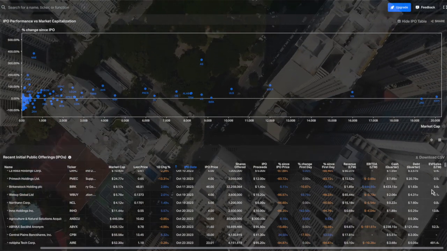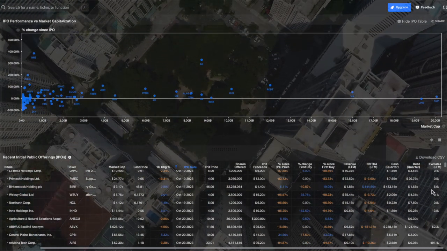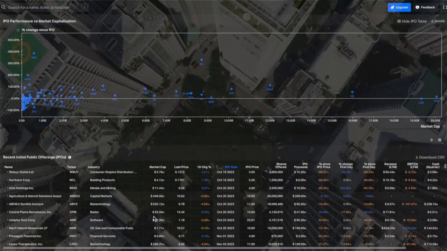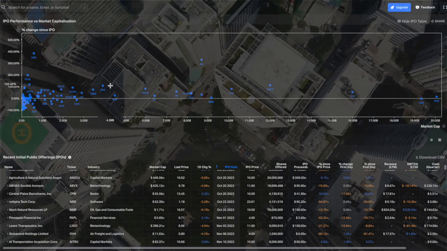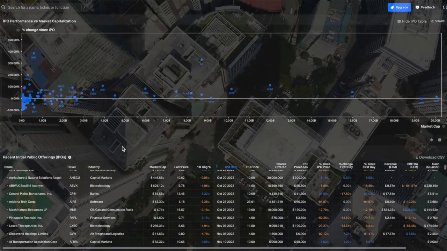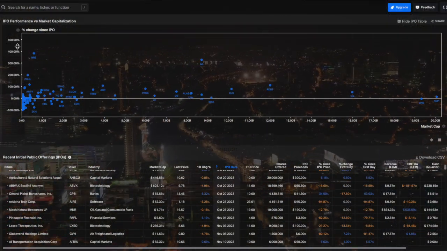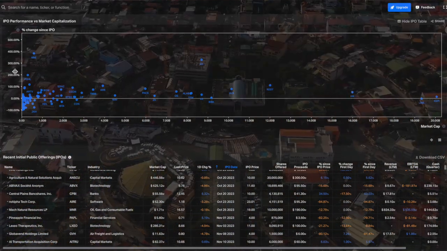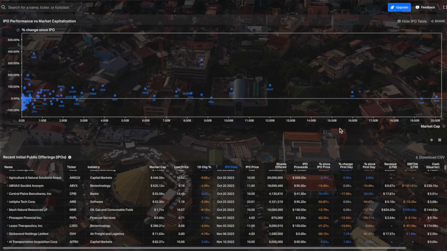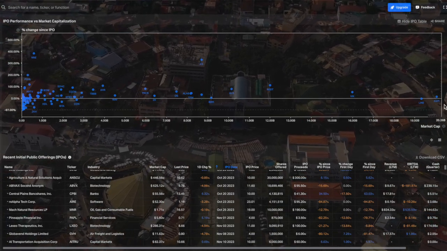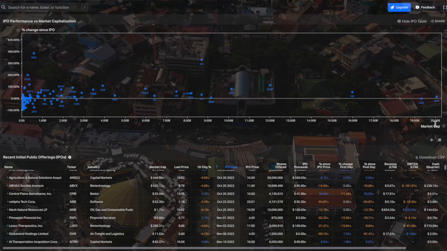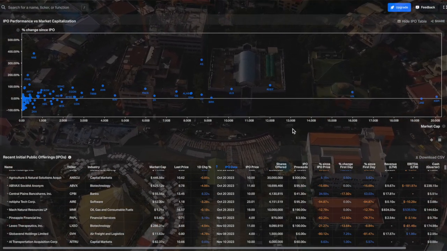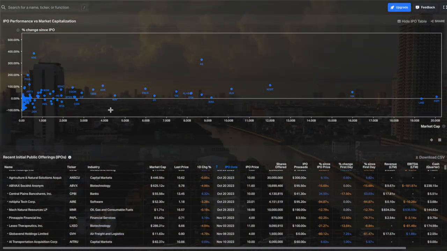I want to look at IPOs now. I'm gonna keep tabs on IPOs because it's quite meaningful to have the most important information in the table, and the scatter plot is useful because it shows you, on the y-axis, the percentage change since the IPO, and on the x-axis, the market cap. So obviously we have these outliers here, around 20 billion, 12 billion. That's Reddit.